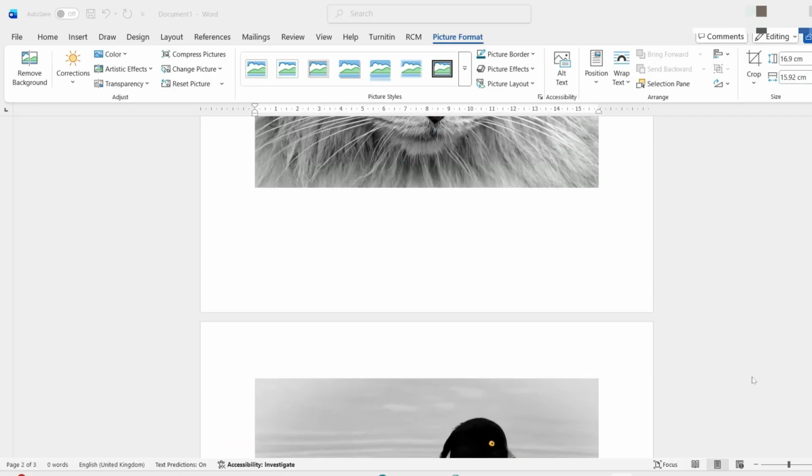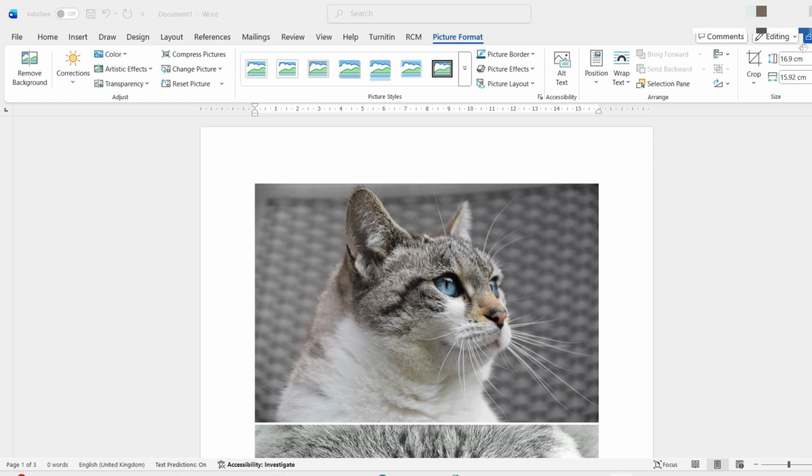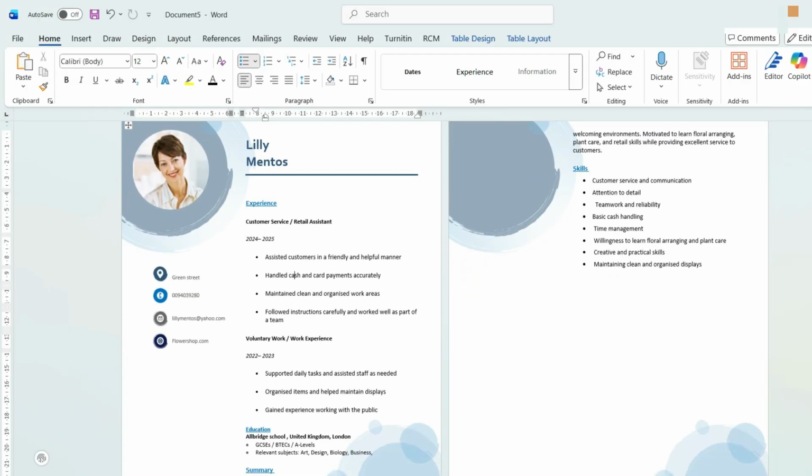And that's it. You now know how you insert multiple pictures in MS Word and how to build a basic